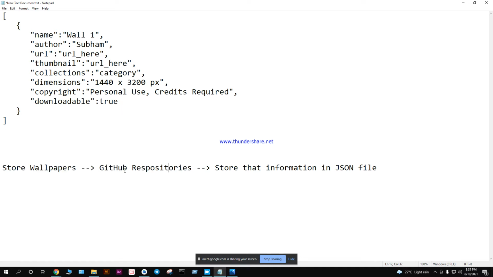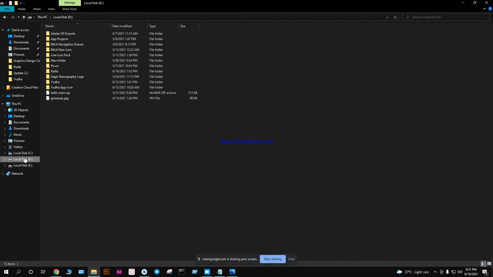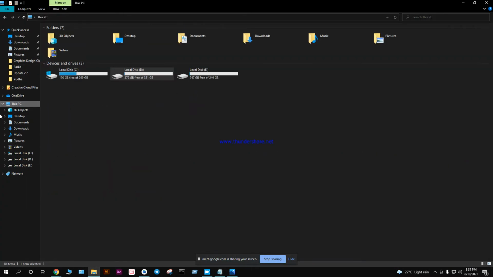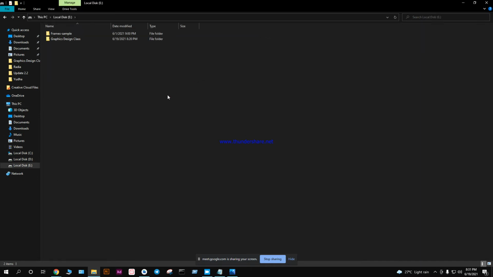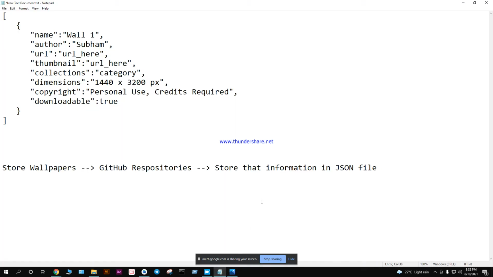Okay, what does repositories mean? Repositories are nothing but folders. Let's just look at the folder structure. This is my local drive, and if you go over here, we have two folders. So the repositories are just like this. Inside your account you have folders, and they are known as repositories in GitHub. So that's basically it, and we will store all that information from those repositories or those files into the